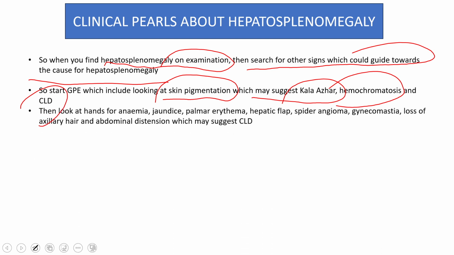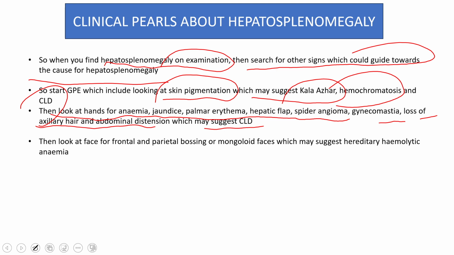Then we will look at the hands for anemia, jaundice, palmar erythema, hepatic flap, spider angioma, gynecomastia, loss of axillary hair, and abdominal distension, which will suggest chronic liver disease. Then we will look at the face for frontal and parietal bossing or mongoloid facies, which may suggest hereditary hemolytic